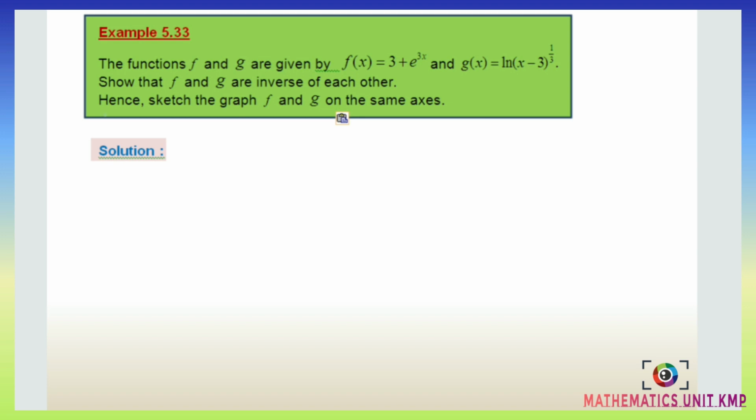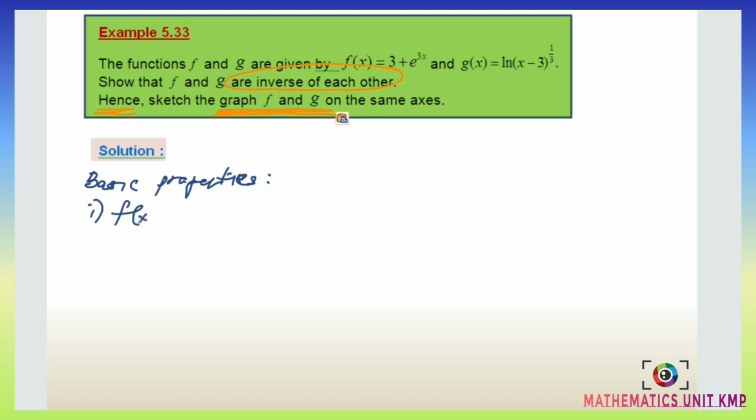For the next question, hence, sketch the graph f and g on the same axes. Hence, that means f and g are inverse of each other. We can sketch the graph f and reflect to find the graph g. By using basic properties, to sketch the graph exponential,